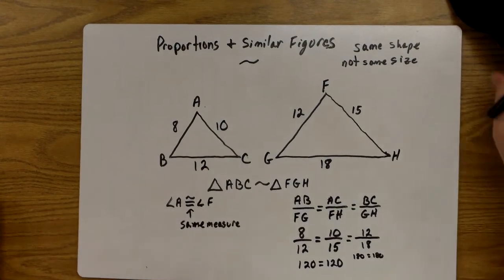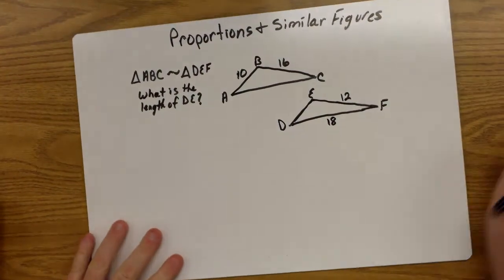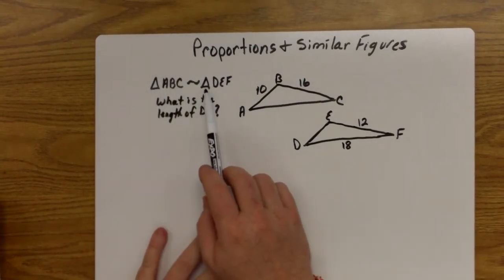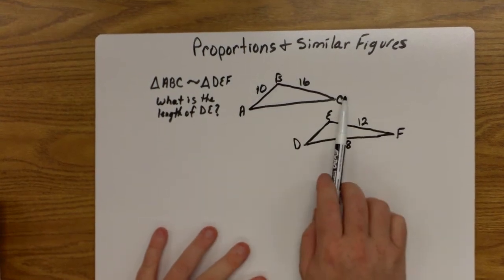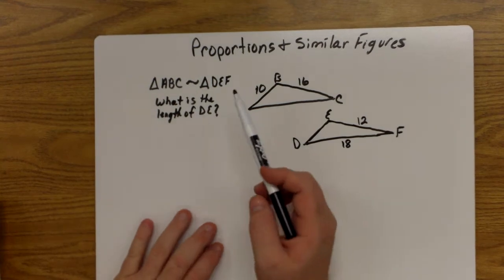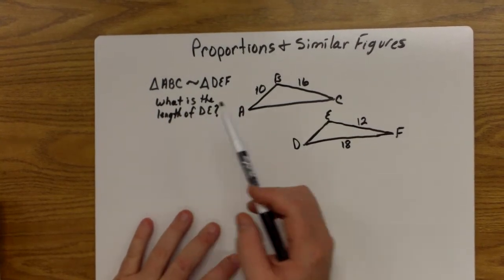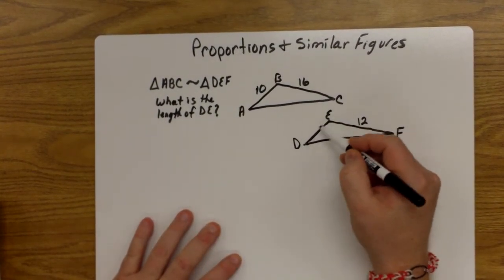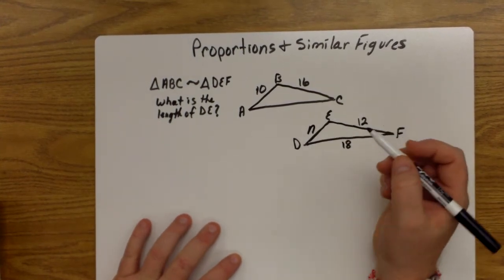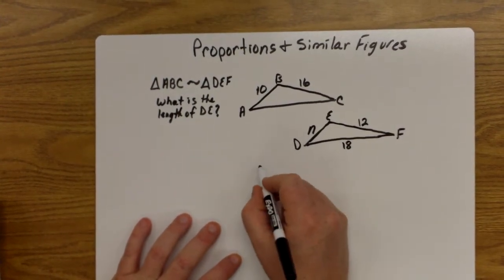Okay, so let me show you how we can use this. We're going to say that triangle ABC is similar to triangle DEF. ABC to DEF. Those are the corresponding sides. The question they're asking here is, what is the length of DE? DE is this length right here. I don't know what that measurement is, so I'm going to call it N. And I'm going to start with N in my numerator